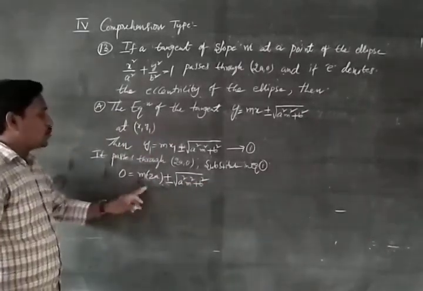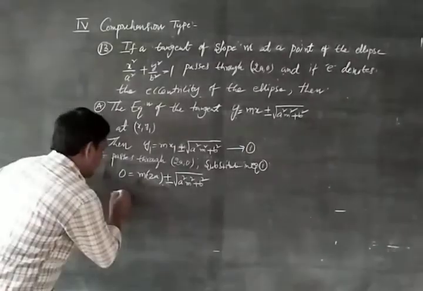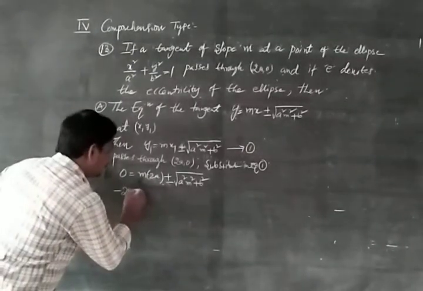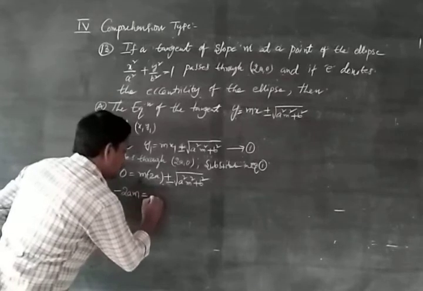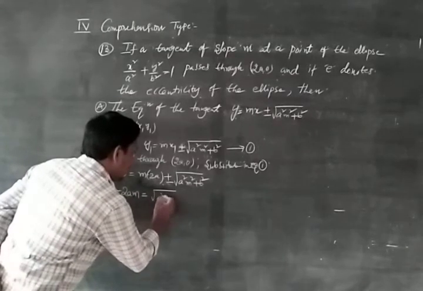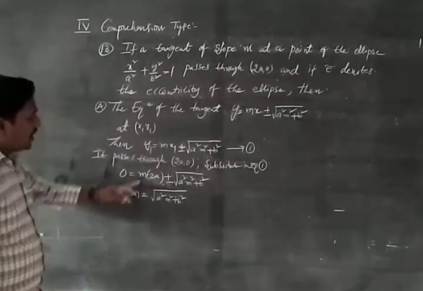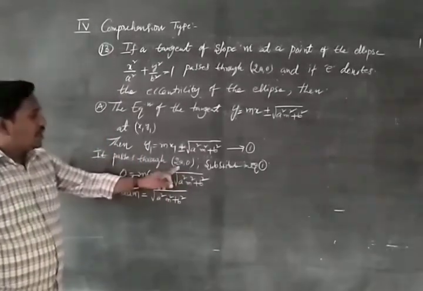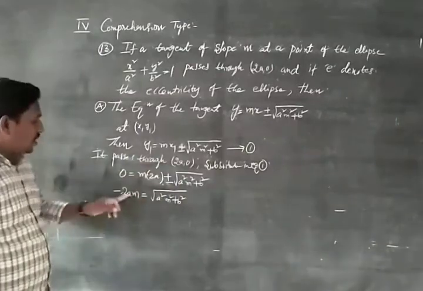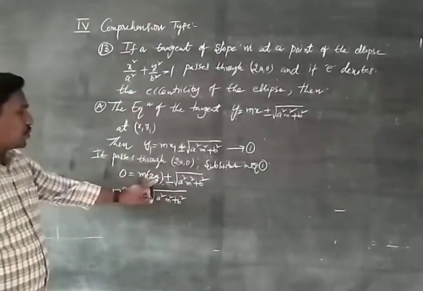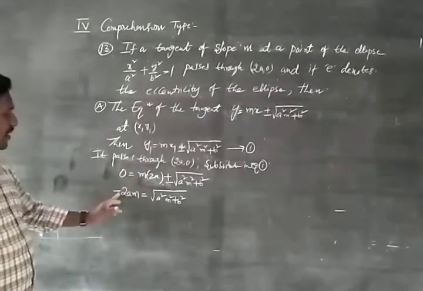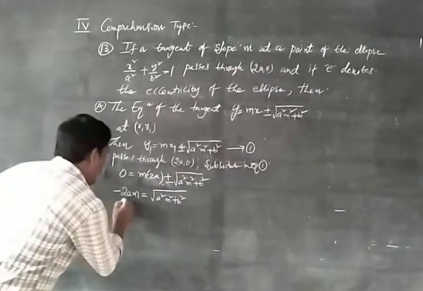By the transposition, m into 2a, that is 2am, minus 2am equal to root of a square m square plus b square. Okay, y means here 0, x means 2a, squaring on